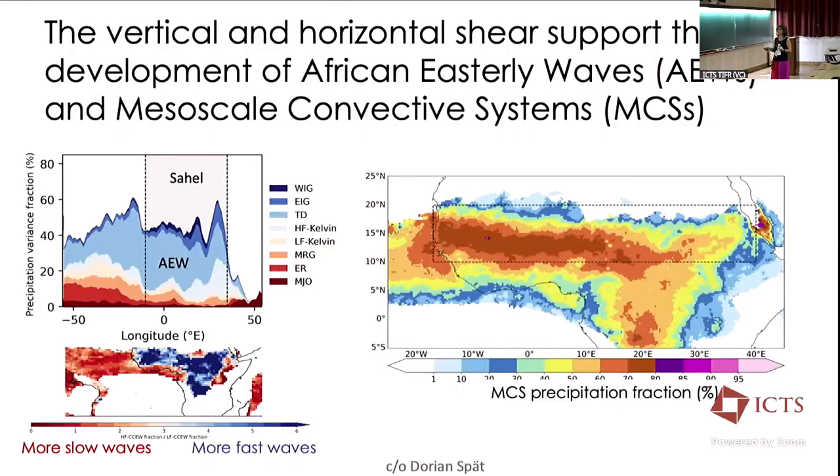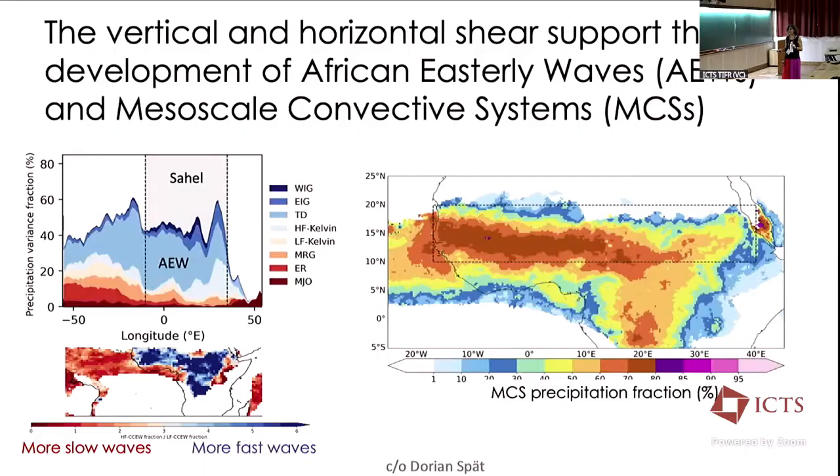Here we have all the various convectively coupled equatorial waves, and we've split the Kelvin wave between high frequency and low frequency, so blues are the fast ones and reds are the slow ones. In the area of the Sahel, the African easterly waves are really the most important. And if you look at the fraction